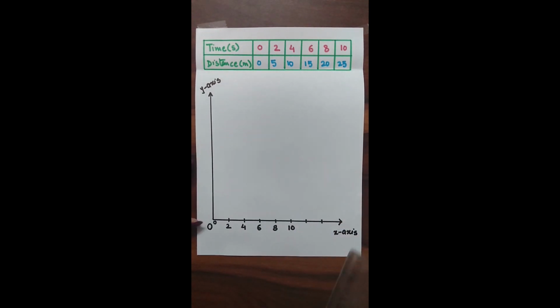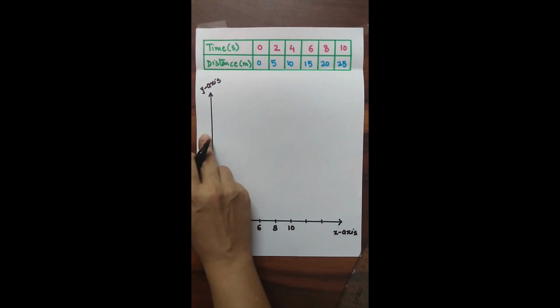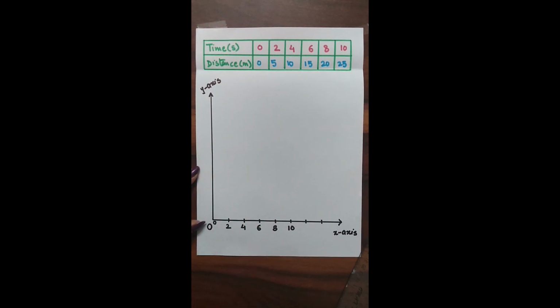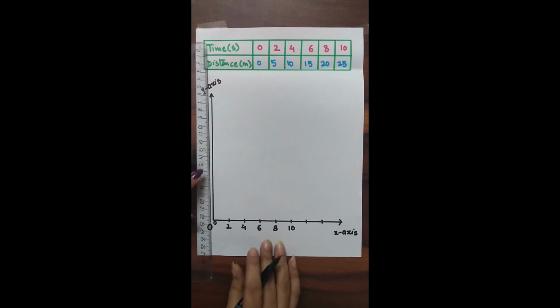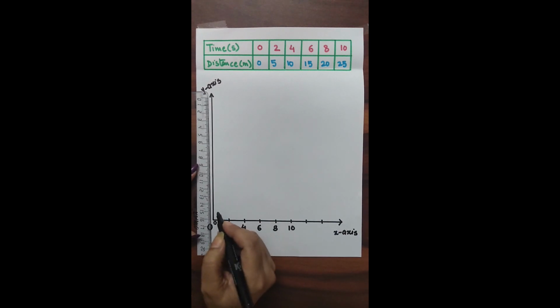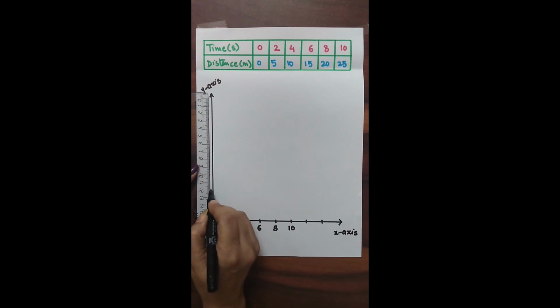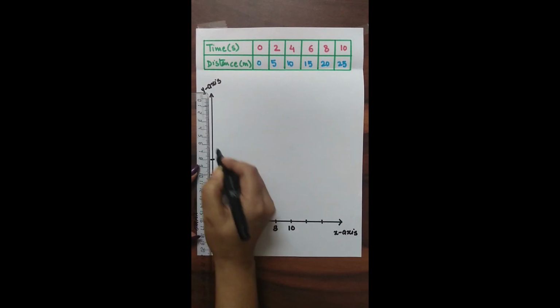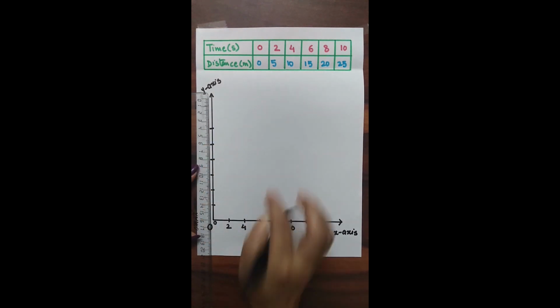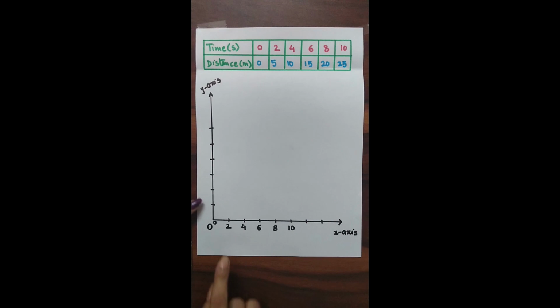Now coming to the y-axis, where we need to plot the dependent quantity, because as the time is increasing, the distance covered is also changing, and this distance covered is dependent on the time. So again we need to choose a particular scale and here it is given in meters. It's up to our wish whether I want to take 1 centimeter or 2 centimeters. So here again I am taking 2 centimeters so that I can get a neat graph. So I have 6 readings, so I need minimum 6 lines: 1, 2, 3, 4, 5, 6. I can have even more.